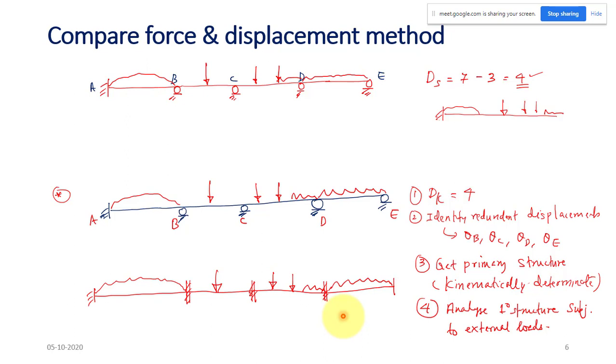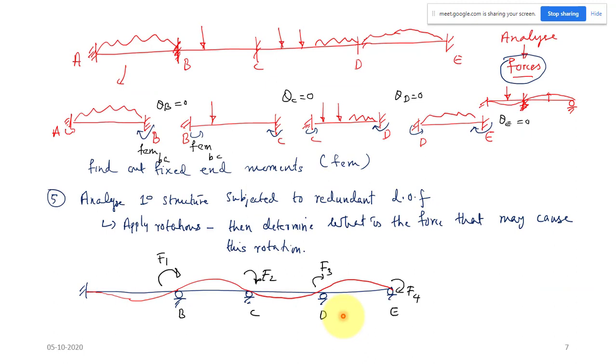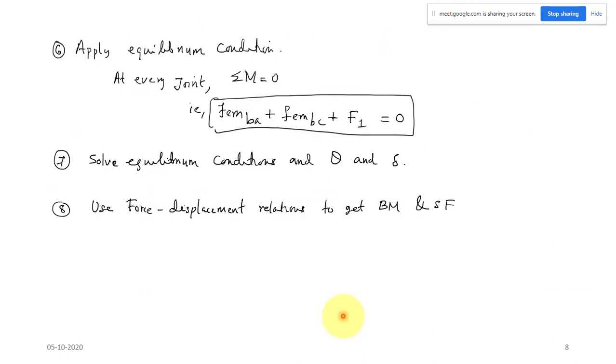These are the similarities and differences between the force and displacement methods. The methods are different, but it does not mean they are completely different. No, the basic procedure is similar. You can see every step is something similar. So this is the concept. This is how we are going to develop our first method, that is the slope deflection method.